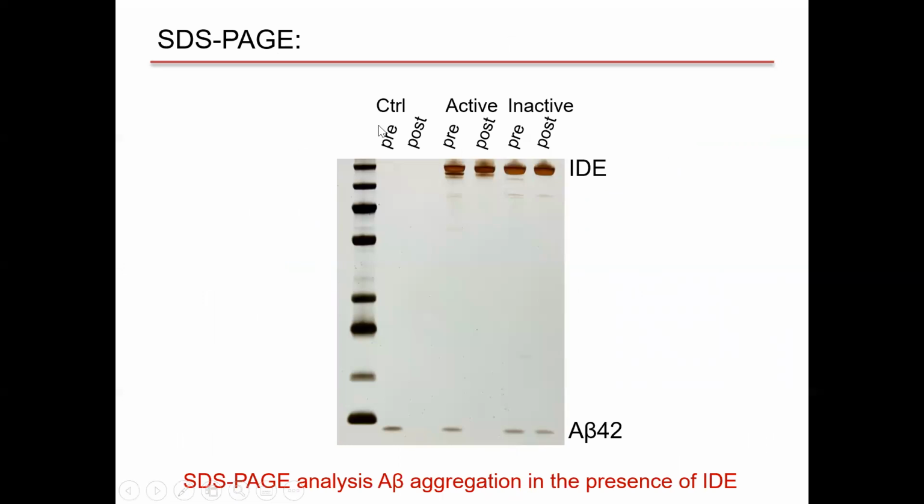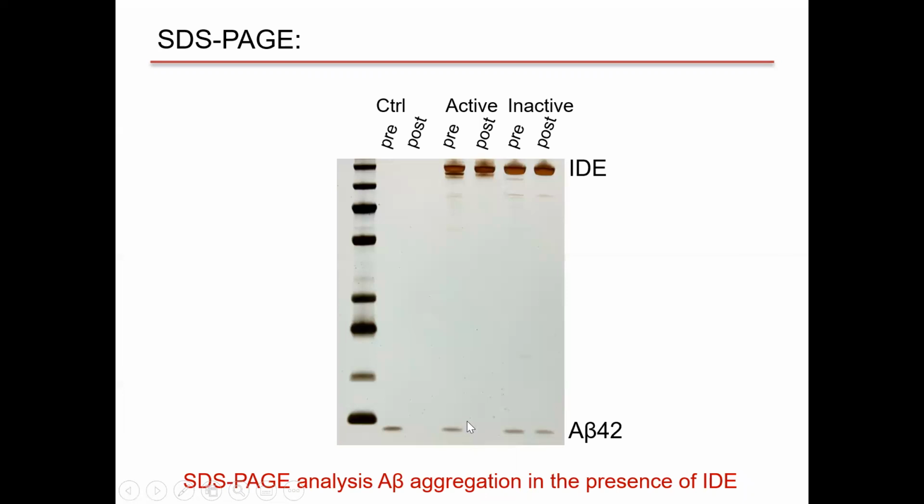I analyzed the aggregation assay I showed you earlier by running an SDS-PAGE. I then stained this gel using a silver stain. In this column, we can see the control, the A beta 42 by itself. After aggregation, we see that there is no band density here. In the presence of active IDE,